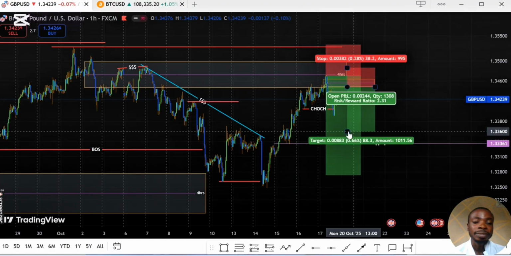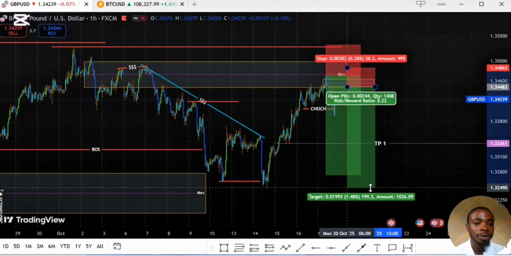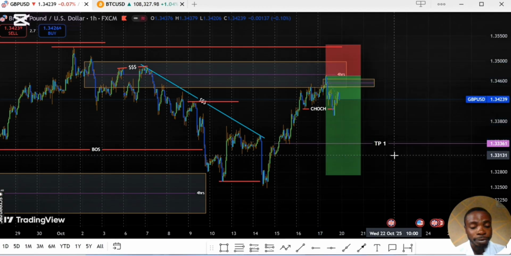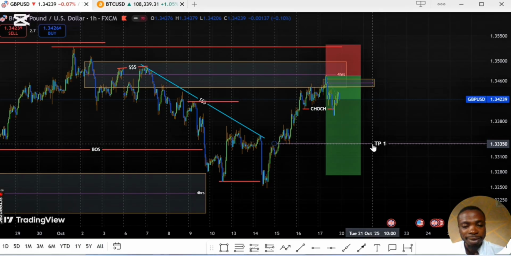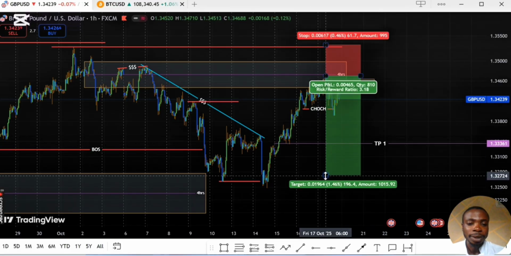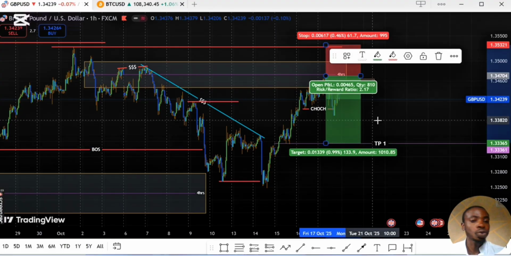So second TP goes down. Anyhow, if you decide to observe this low, it should be like 5 point something. I know, but for the purpose of my psychology, this is how I can deal with it. Because I don't know if I can stand seeing 7 losses in a row. Before then, my head has shifted. So it suitably works like this, even though my strategy allows me to take 2 to 1. Once I'm 2 to 1, I'm out, because once you get here, I can close everything, because that is my normal allowed risk to reward by my strategy. 2 to 1. You can get here, I can close everything and just leave it.